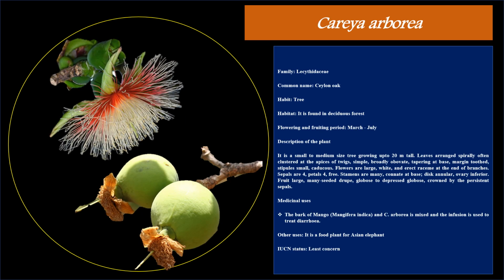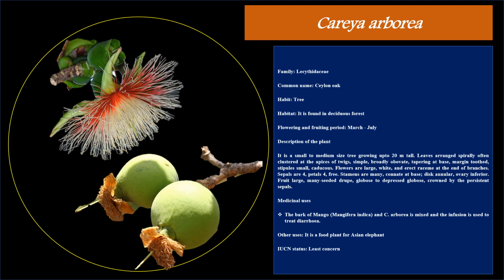Then comes to our Careya arborea. Careya arborea, the family is Lecythidaceae. Common name is Ceylon oak, and it is a tree species, and it is mostly found in deciduous forest areas. And the flowering and fruiting period is from May to July, and it has some very promising medicinal uses,